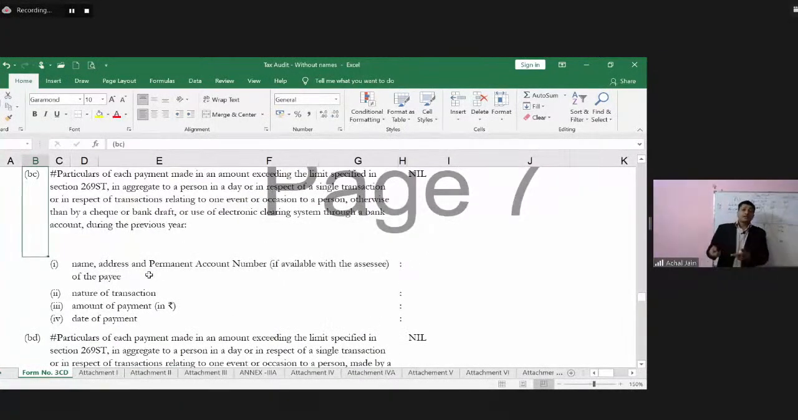Particulars of each payment. So in BA and BB, we understood this was particulars of each receipt. Now we are talking about particulars of each payment. So it says particulars of each payment made in an amount exceeding the limit specified in section 269ST. And all of those things remain the same. Okay. Similarly, if you go to BD,